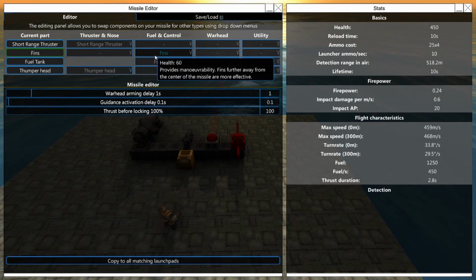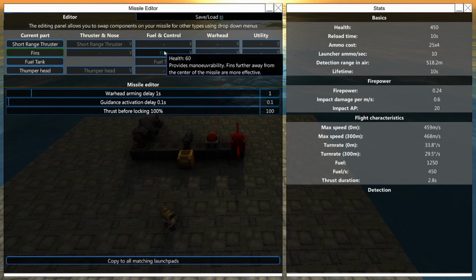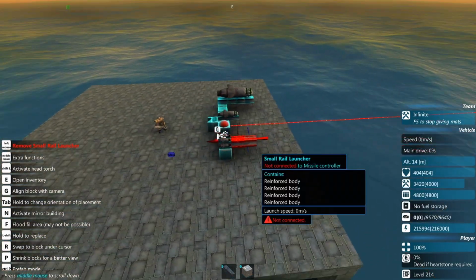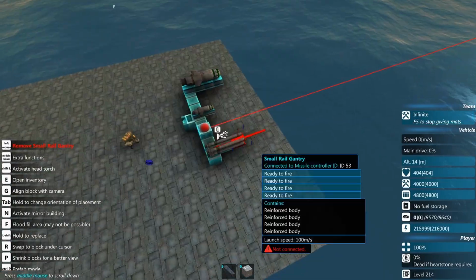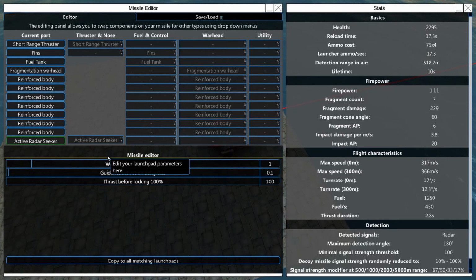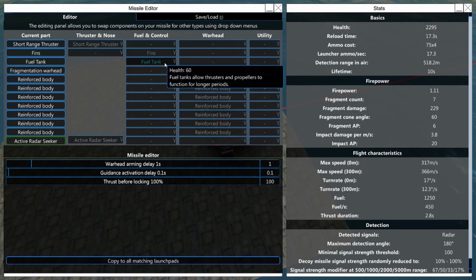Important thing of note about fins. The further towards the back or the front of the missile, the more the fins are going to affect your turn rate. In order to demonstrate this here, I'm going to extend this by, let's just say, 2 blocks. And let's go ahead and grab a regular rail gantry. So I've got now a much longer missile, and I've got 1 fin at the back. This gives me 17 degrees per second of turn rate, which is actually really bad, but ignoring that for now,